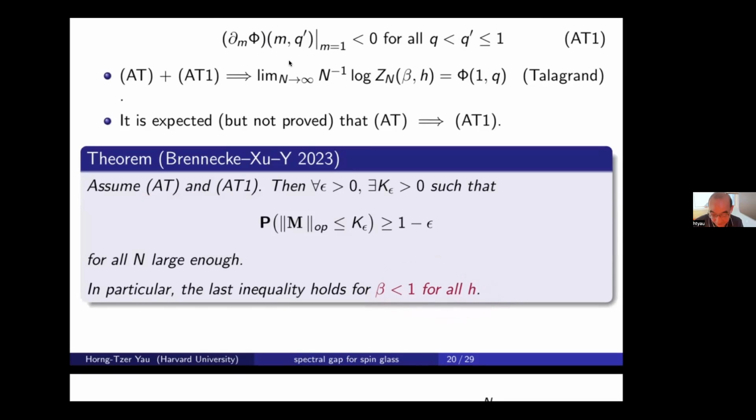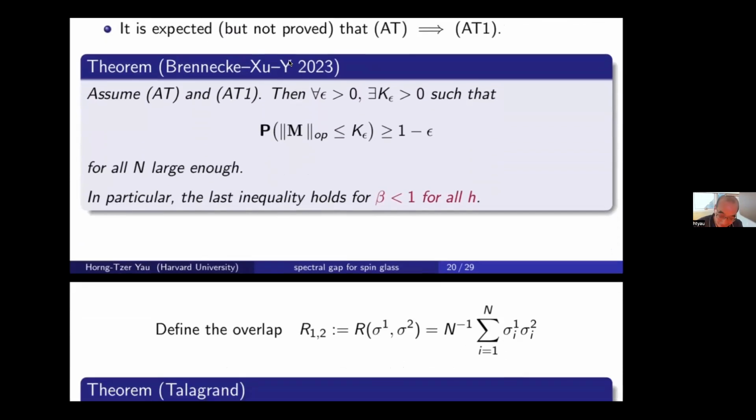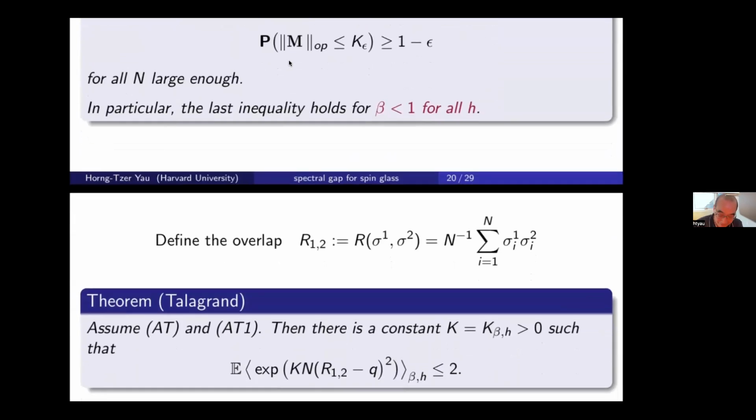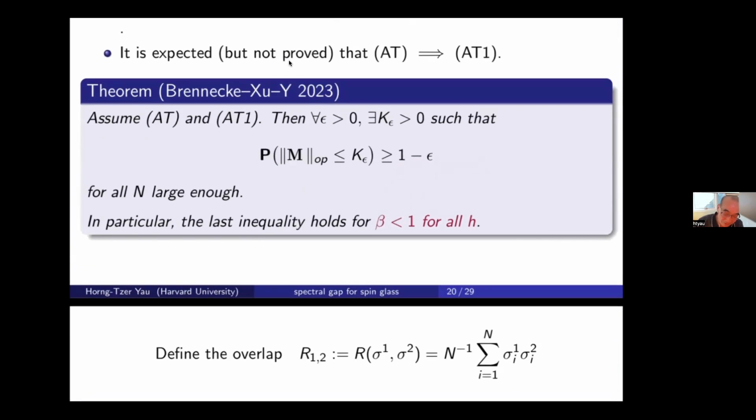So we didn't really prove the spectral gap up to beta less than 1, but if you like, we can only do this for the linear function. So that's that. And now for a few minutes, I would like to explain what the proof is going to be, in this work with Benecki